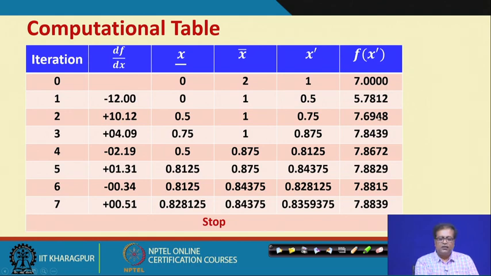So, then after that the new value of x dash becomes 0.5, then again at the next, 0.5 to 1, it becomes 0.75, then 0.75 to 1, see now slowly the value is increasing, and then between 0.5 to 0.875, then 0.8125, like that it goes, and finally at the 7th iteration we find that these values become 0.828125 and 0.84375, and the gap is within the 2 epsilon, right.